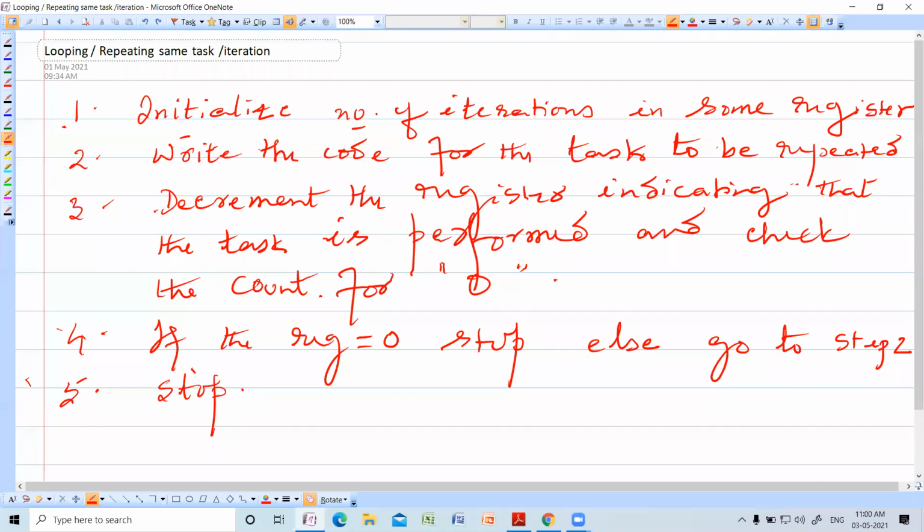So very, very important. So this concept is called looping, or repeating the same task, or we call it iteration.